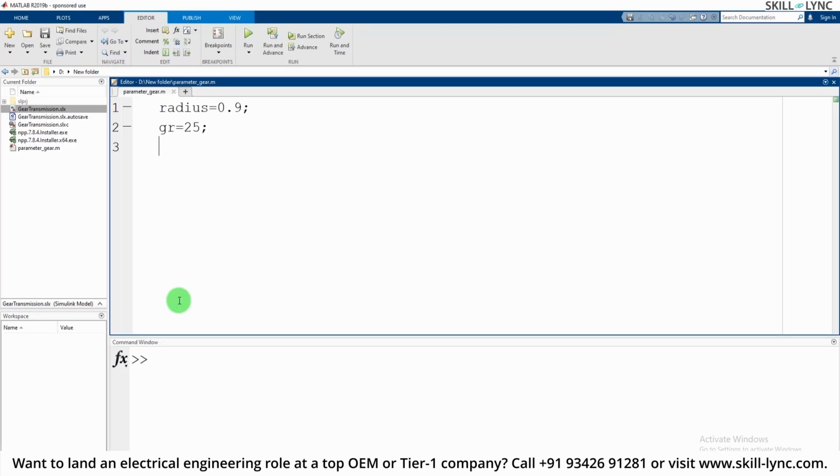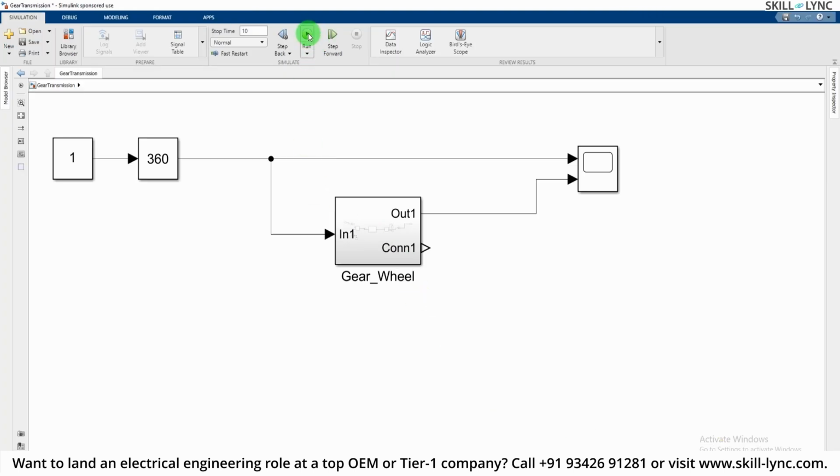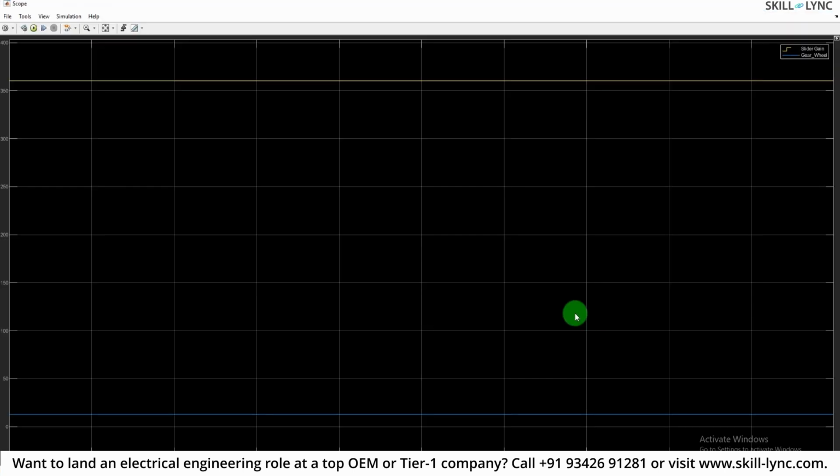We typed this m file, but we didn't click on run, and therefore we do not have anything in the workspace, right? So if we click on run, this script file is run, and now we have all the workspace parameters listed over here. And now I think we will be able to run our simulation. So let's try and run the simulation. Okay, now there are no errors, and we are getting the output results according to the values declared